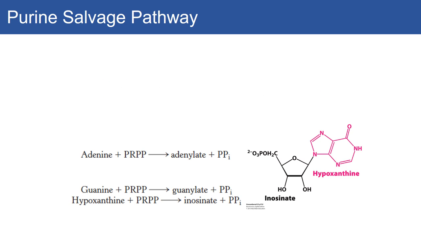We can also salvage the nucleotides again, and there are 2 enzymes that are associated with that. We have adenine phosphoribosyl transferase that can catalyze the formation of adenylate, and hypoxanthine guanine phosphoribosyl transferase, which is appropriately abbreviated HGPRT, catalyzes the formation of inosinate and guanylate. I feel like today's video is an exercise for me in correct pronunciation of complex chemical compounds. But so there's 2 reactions that are catalyzed that can recover purines from a